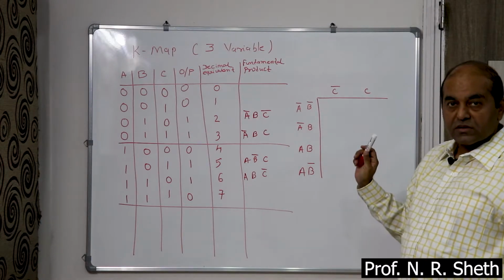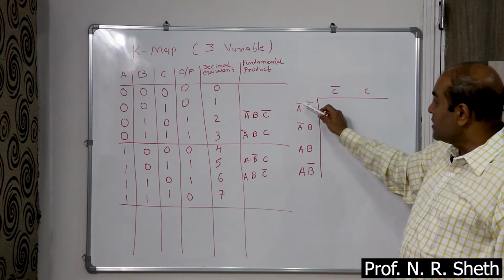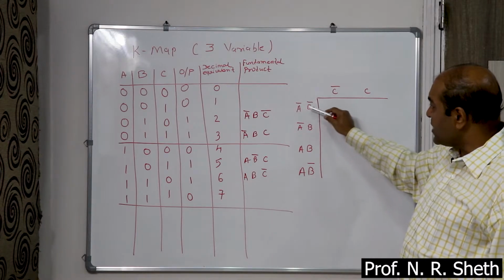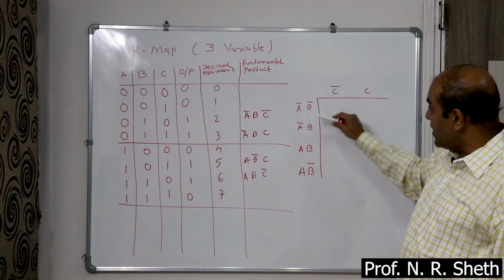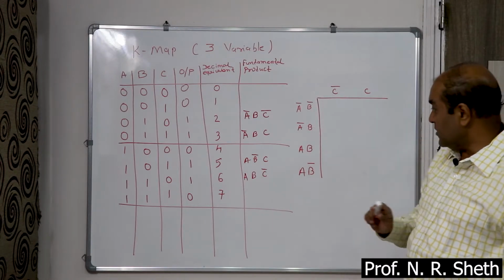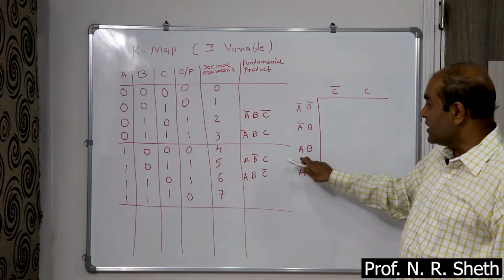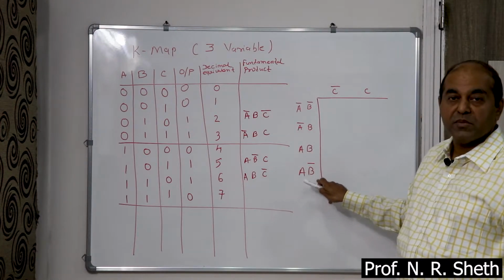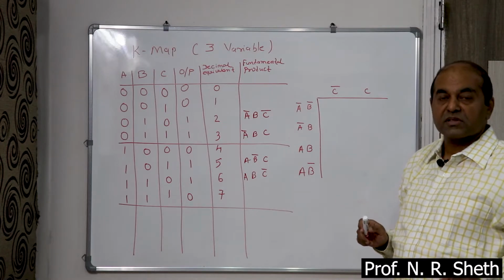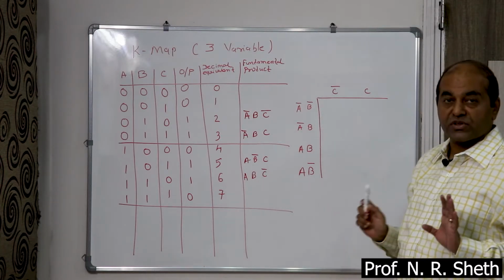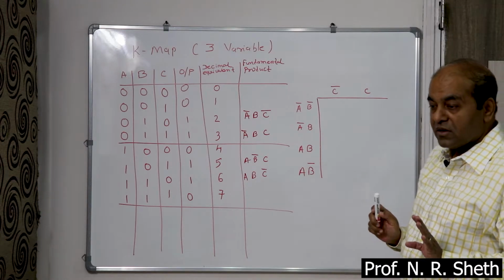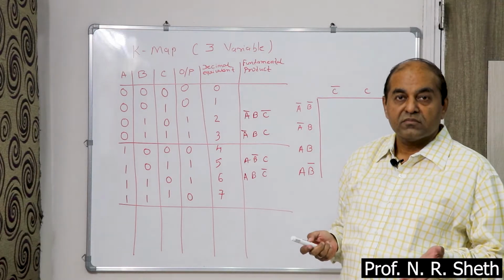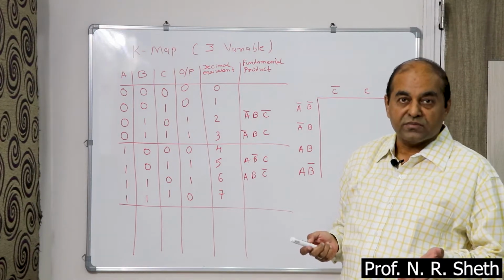Now here the rule is only one variable is going to change. Suppose A bar, B bar, so A bar remains same, B bar and B, so there is change in one variable. Now B remains same and this becomes A bar and A. Now A remains same and B and B bar. So this is a universal standard, so you can't change this position. Otherwise your K-map is a different figure, and for that your marks is 0.